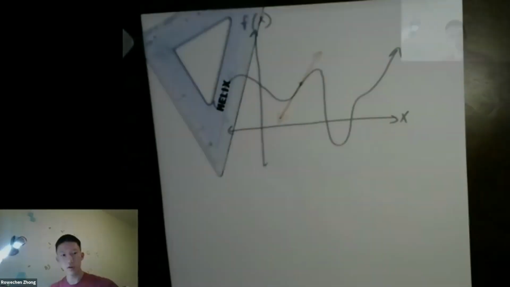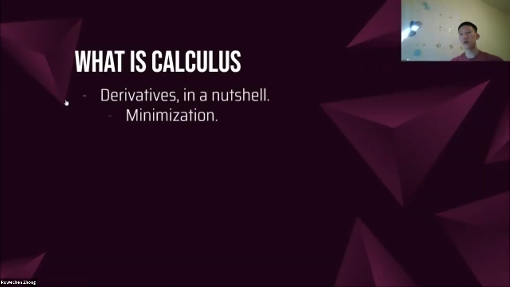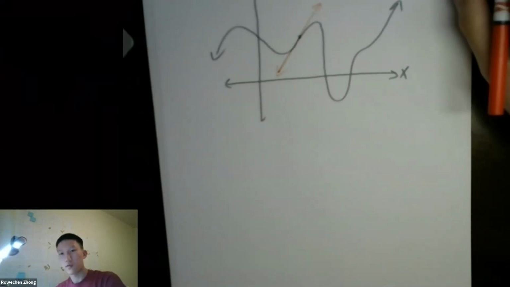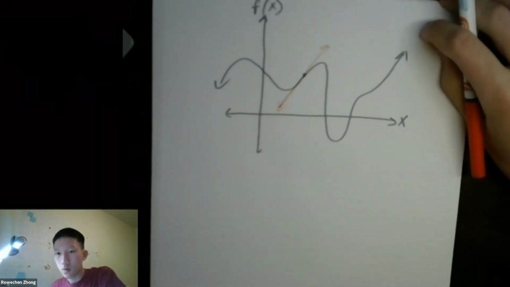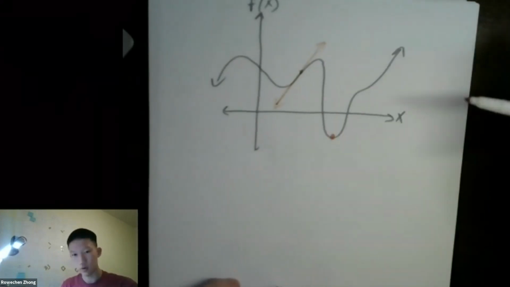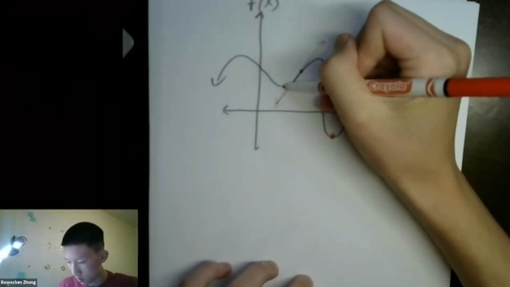And the important thing about the derivative is it helps us find the minimum value of a function. The minimum value. What's that mean? Well, what is the minimum value of this function that we can see? Well, there's two minimums. One of them is over here. That's a minimal point. Here's another minimal point right over here.